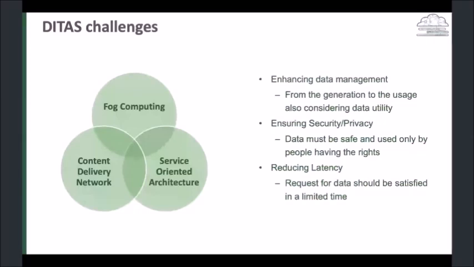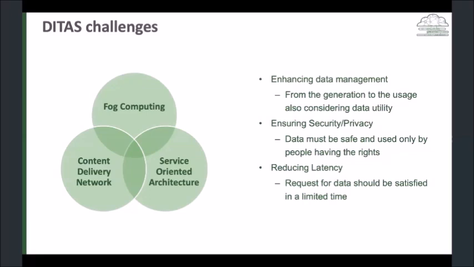So it means that we need to mediate between the responsiveness of our applications in terms of analytics, which could also be imprecise but quicker, or giving the application more time but with a better quality of the data. Secondly, we would like to ensure mainly the privacy of our data, to enforce the privacy of the data in every place where the data we are managing can be stored. And thirdly, we would like to reduce the latency.